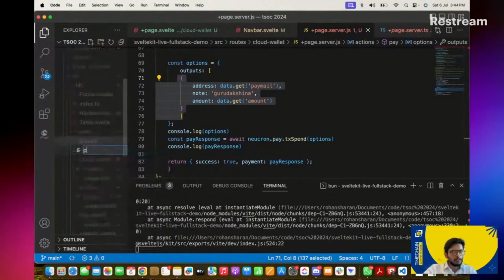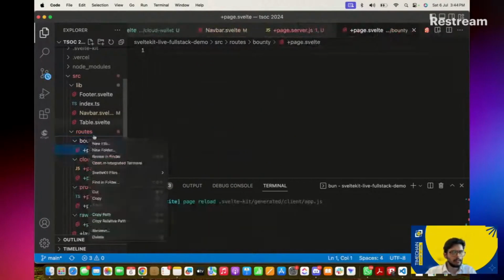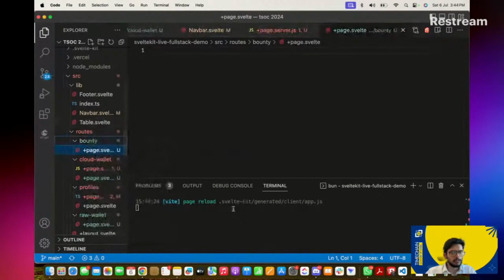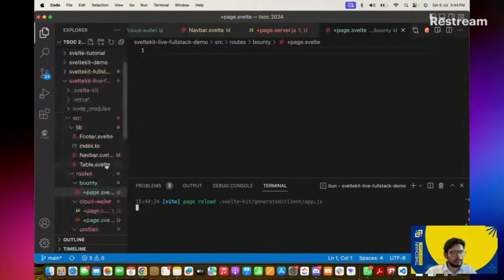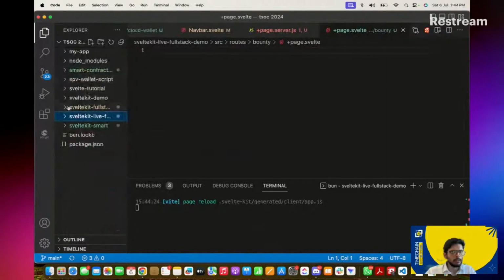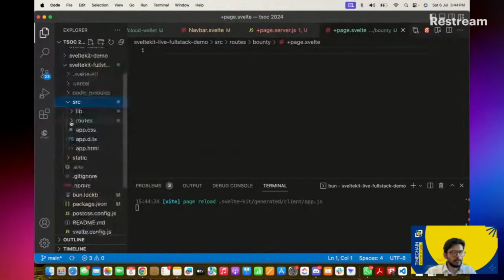And for the root puzzle, we have the plus page dot svelte also created there. And we have, yeah, let's first try to utilize this. Also, there's another technique I think we can potentially do. Anyway, we'll come back to solving the payment problem later on after we are done with the bounty. So look at the bounty. In the code for the bounty, if you go back to the repository we created for the smart contract repo in which we deployed the bounty,